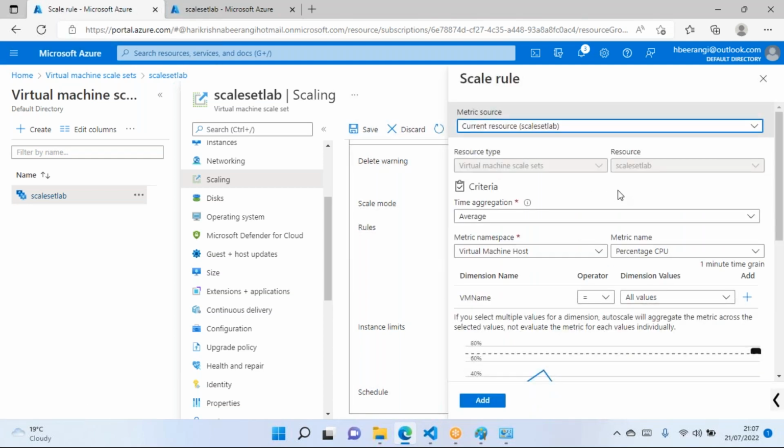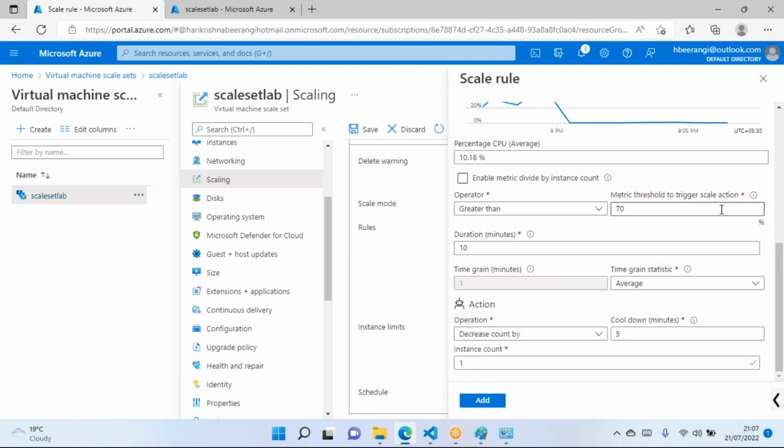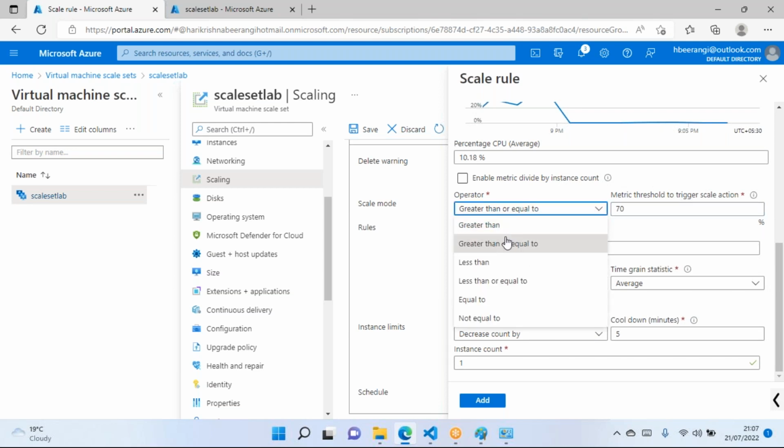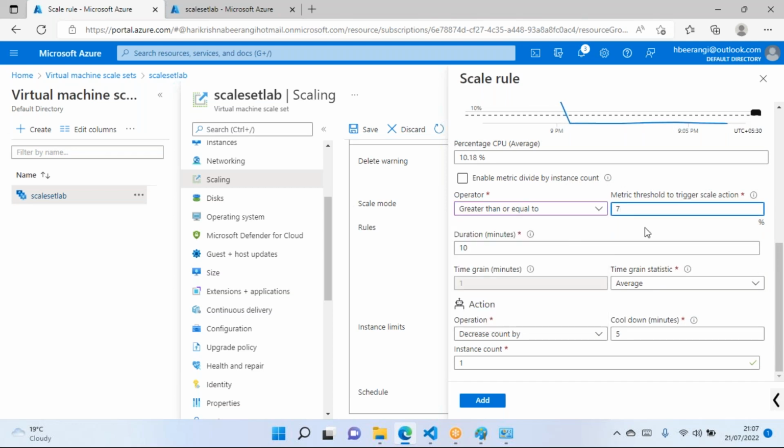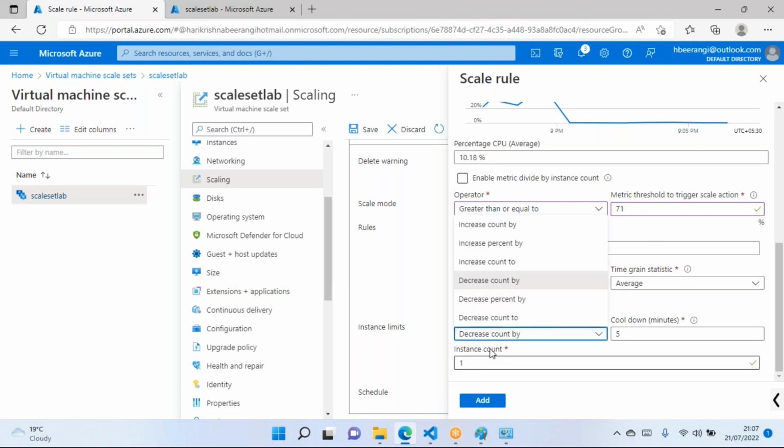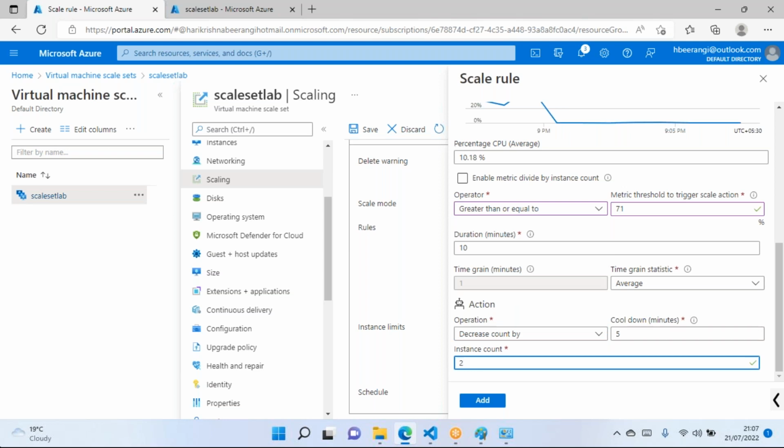Whenever CPU utilization is greater than or equal to 70%, or let's say, I gave 70 there, so here I will give 71, without confusion. Okay, I will have a buffer of 1% in between, and decrease the count by 2. Here you can give increase or decrease, you can set your conditions whichever way, even in reverse. Now instance count 2.